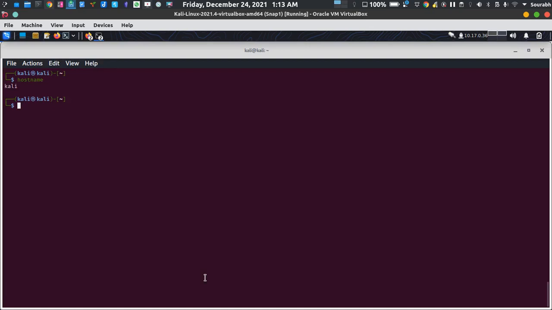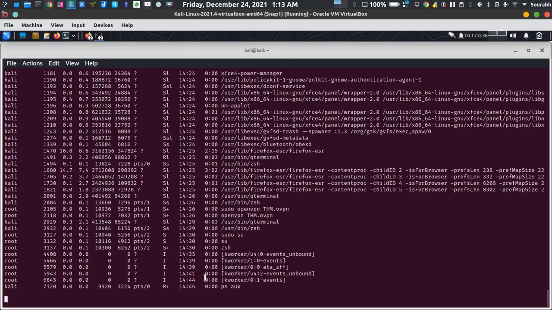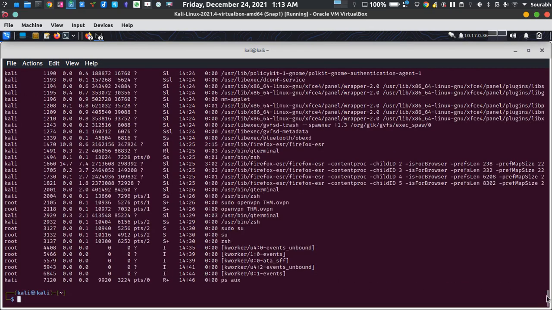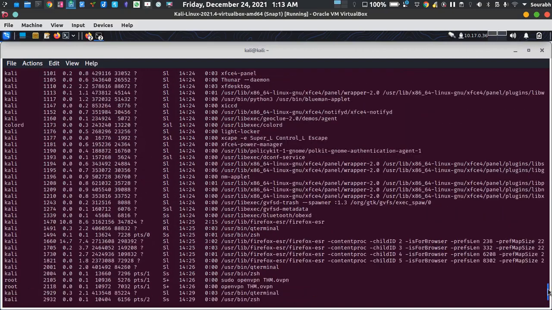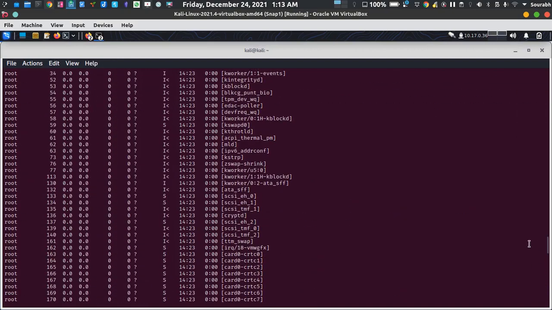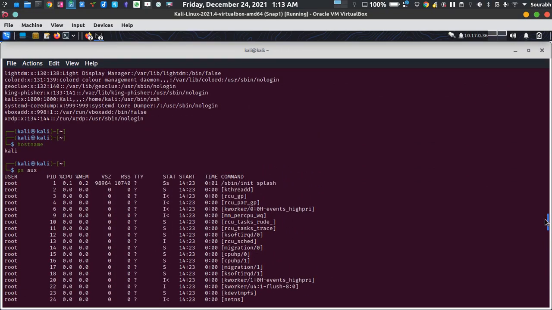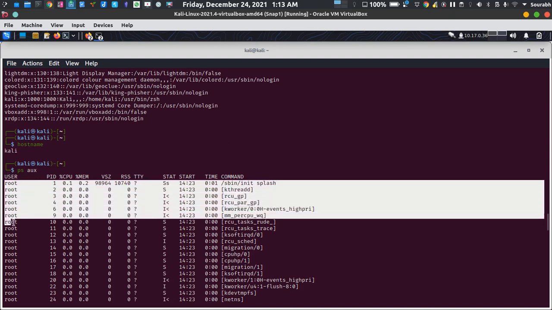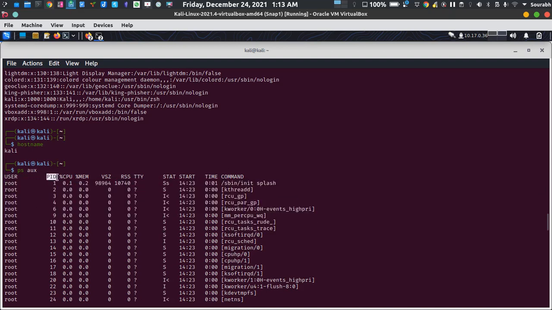For finding processes in Linux, or you can say services in Linux, it is pretty simple. You just have to type ps aux, and all the information regarding your system is going to be printed out to you. So first thing, the user. The second thing is the PID, which is the process ID, then the CPU, how much CPU is used by that particular service, and the command for that particular service itself.